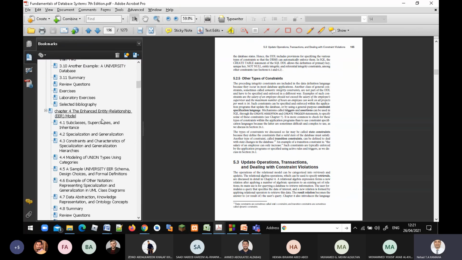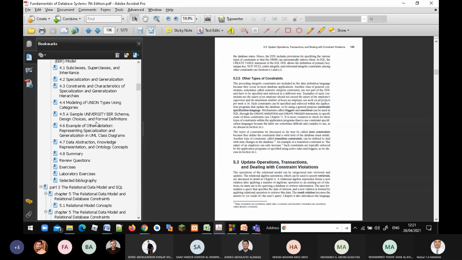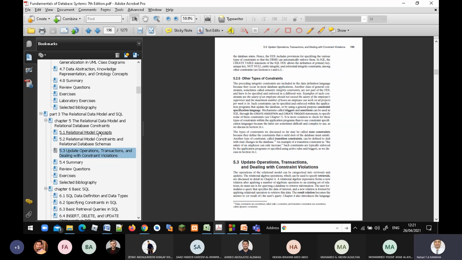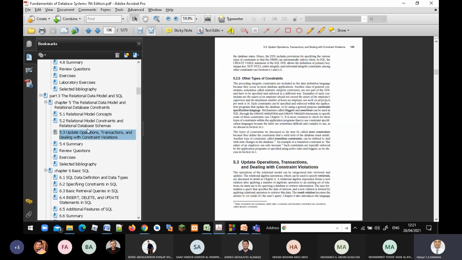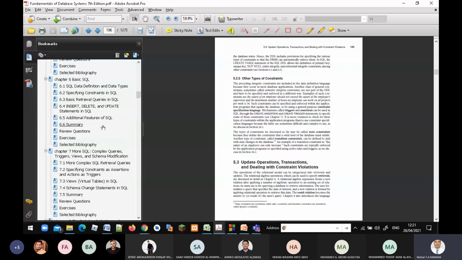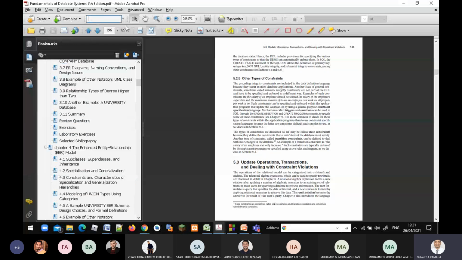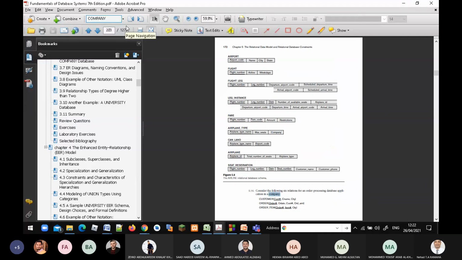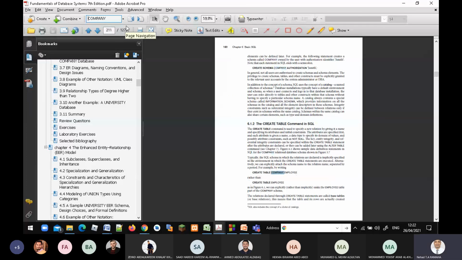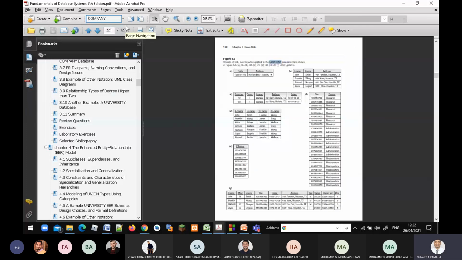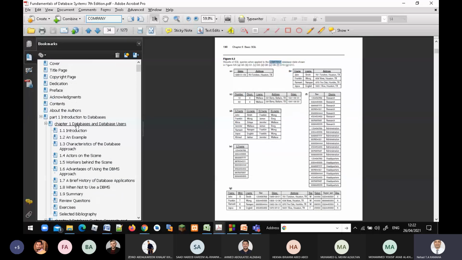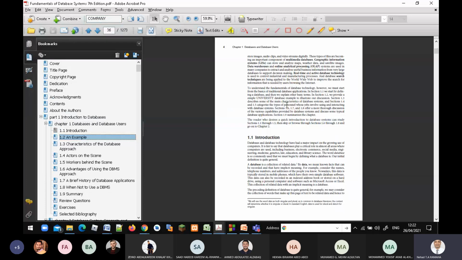Not ER, I think this one. Company database. I forget where I put it. It's not the one that I need here.